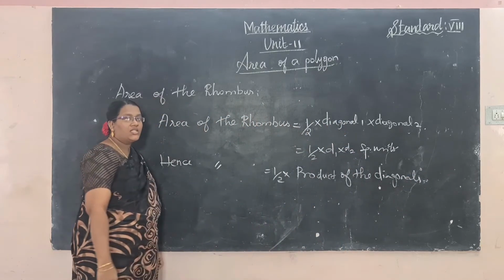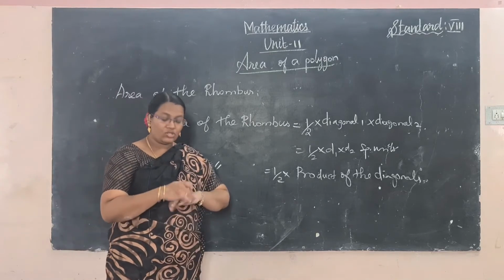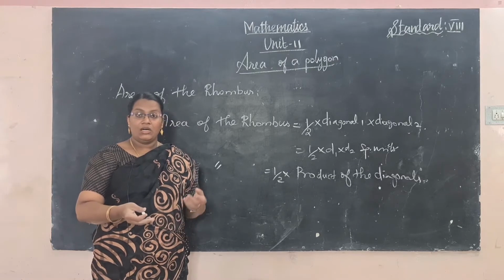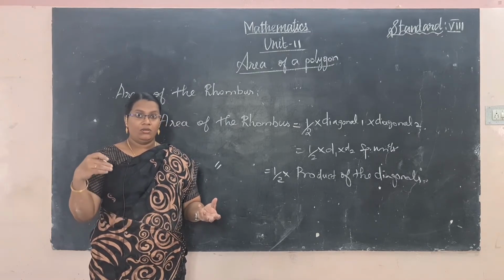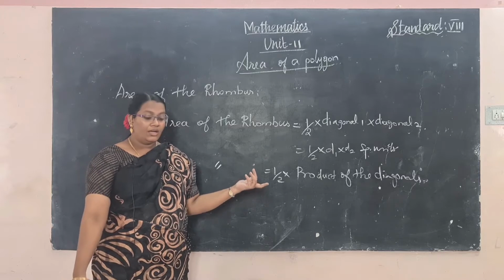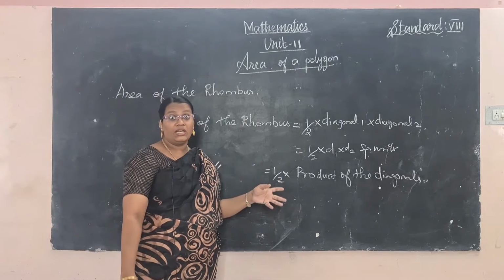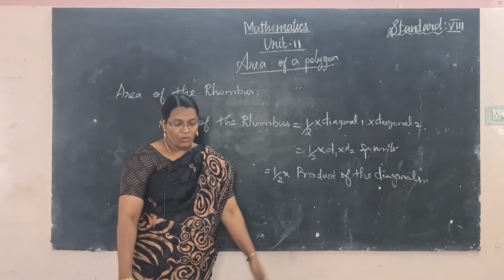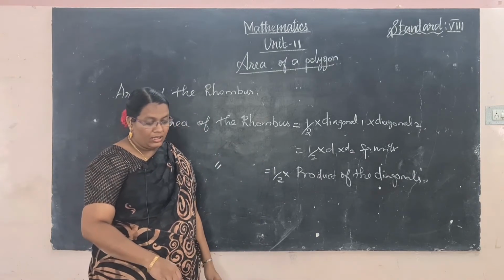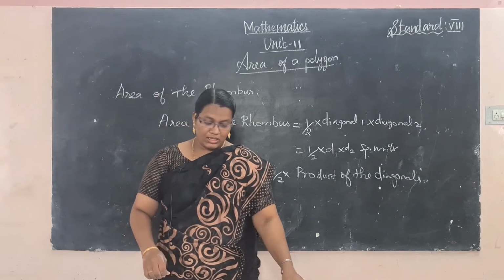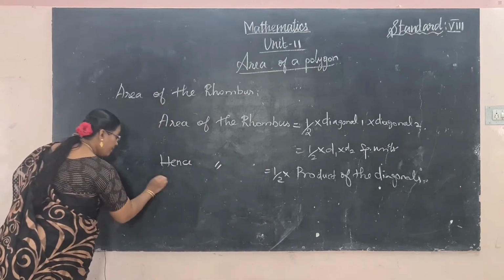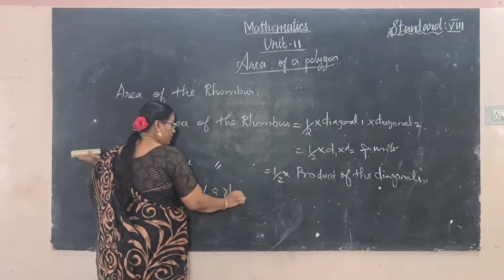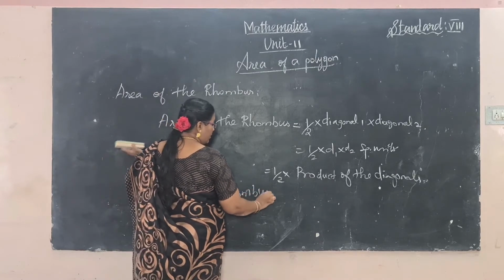Okay, in case diagonals are not given and only sides are given. Sometimes one diagonal is given and the other diagonal is not given, and only sides are given, for the area of the rhombus. So we use one more formula, the side of a rhombus is equal to